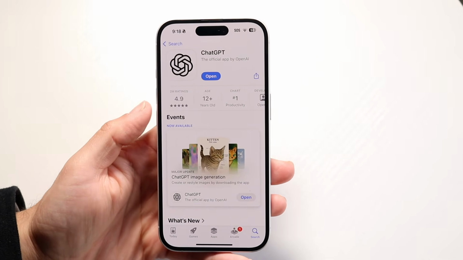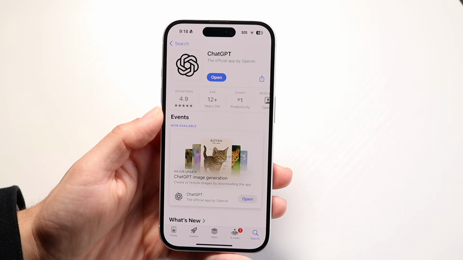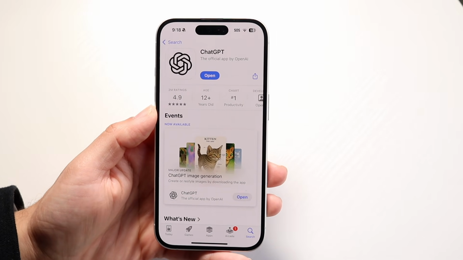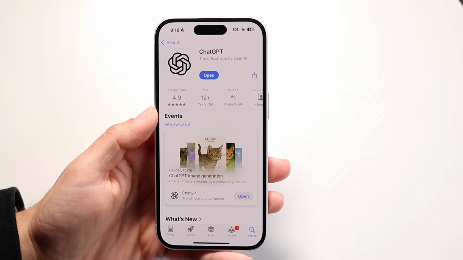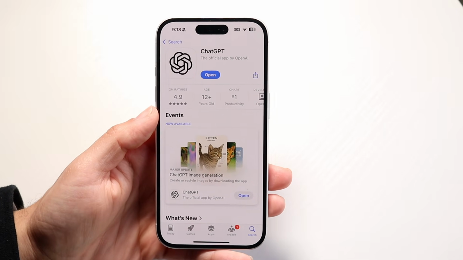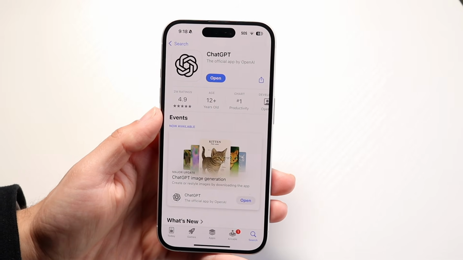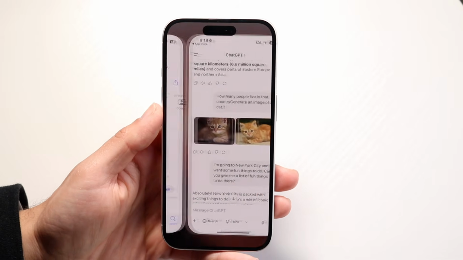Number one, this is an AI chatbot application. You can ask it to do things and it can go ahead and do things for you, which is really cool. This is what the application looks like. You can also go to ChatGPT online, and that will give you the same type of experience too. Once you download the application, Android, iPhone, whatever you have, you can click on open, and